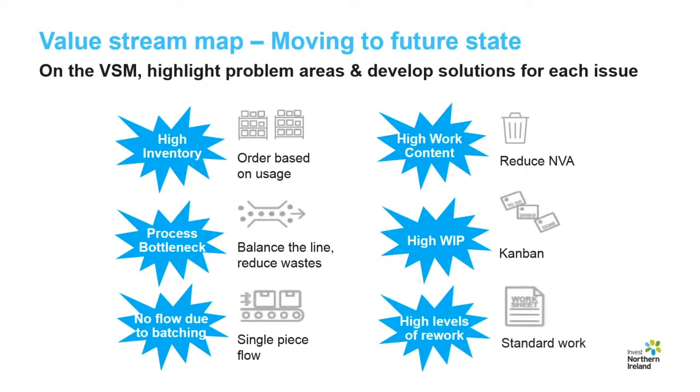For high levels of rework, carry out problem solving to find the root cause of the quality issues and update your procedures to include appropriate countermeasures to address this. Then introduce standard worksheets and have each department responsible for their own quality so they don't pass on errors to downstream processes. Refer to the Invest NI training video on introducing consistency in your process using standard work for more information on how to do this.